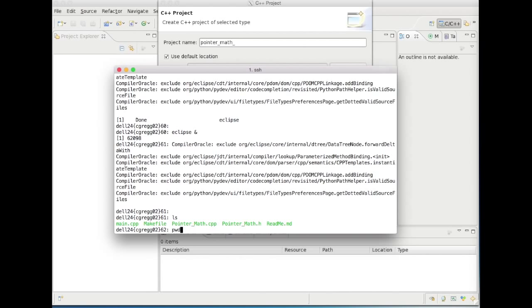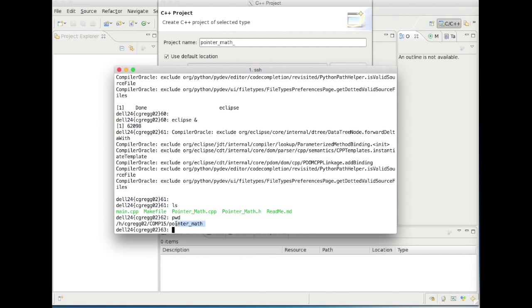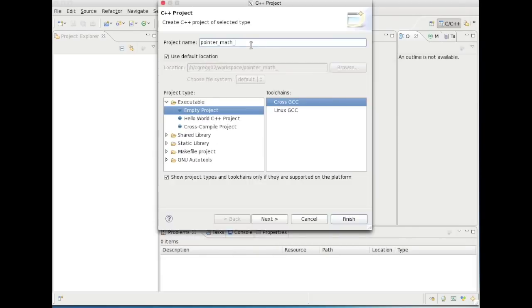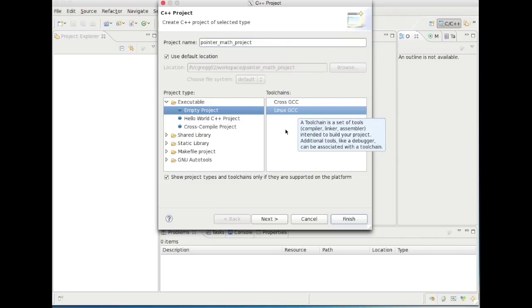If we look at this folder that we created earlier, pointer math, the one that we copied all those files into, you can't just call the project pointer math because it will not be able to find it properly. So what I normally do is pointer math and then something like underscore project, just to say, hey, this is the project that I'm going to use. Use default location is fine. This should already be highlighted, empty project. We do want to click on Linux GCC because we're running this from a Linux computer,